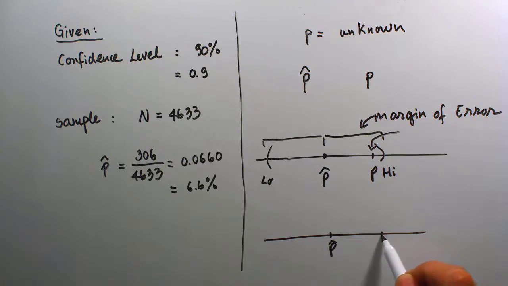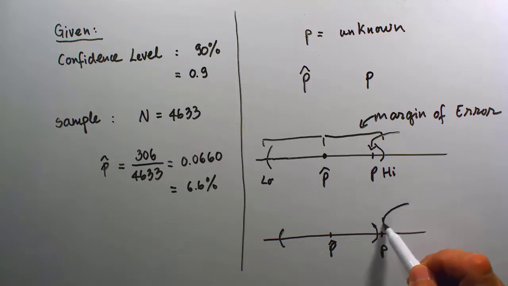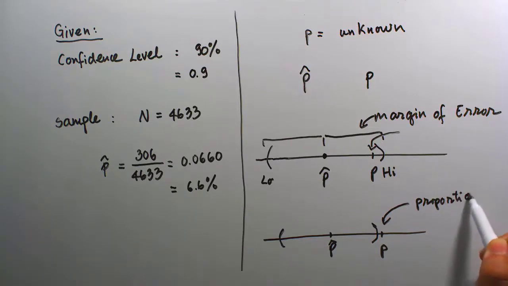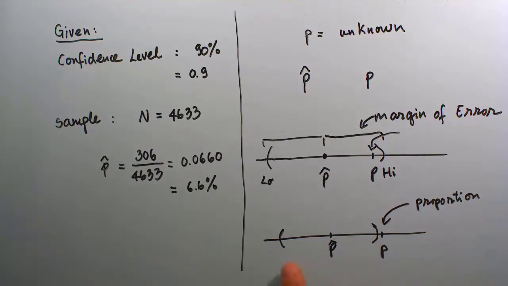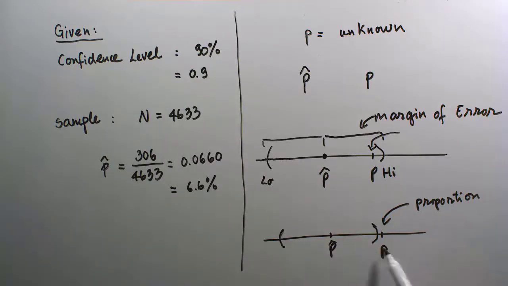Same proportion, same situation. What we have here is a sample proportion, and our interval that we created is so short and small that the actual proportion fell outside of that interval. That's why we refer to any of these intervals as a confidence interval: in the way we build it, there's a certain level of guarantee that the proportion will fall inside of that interval at